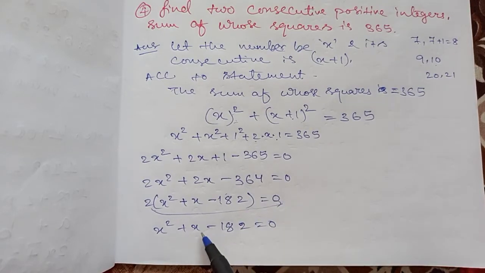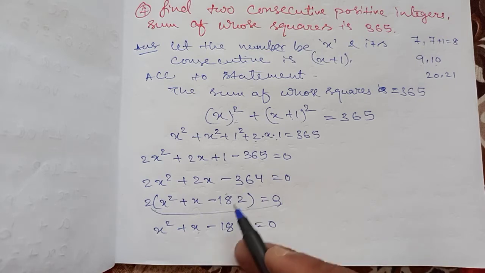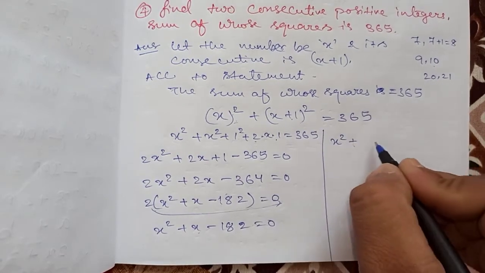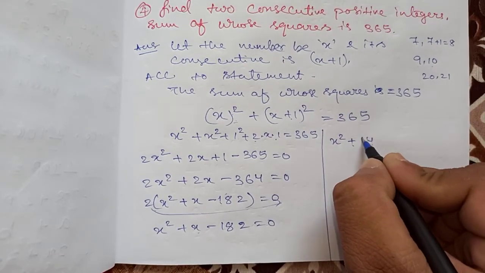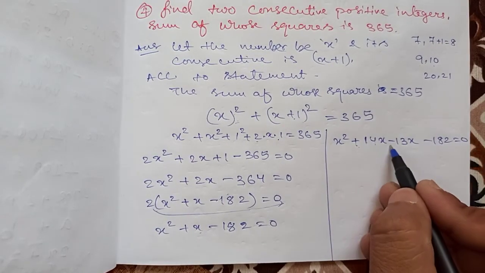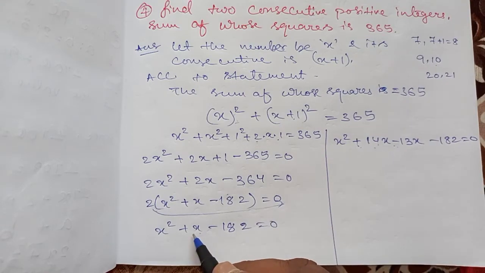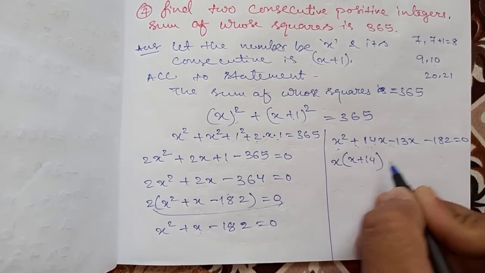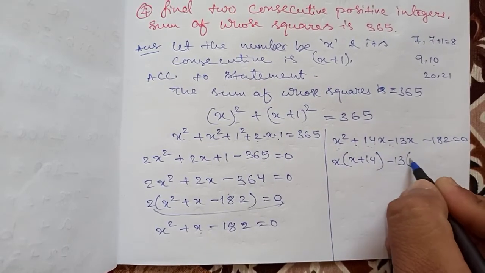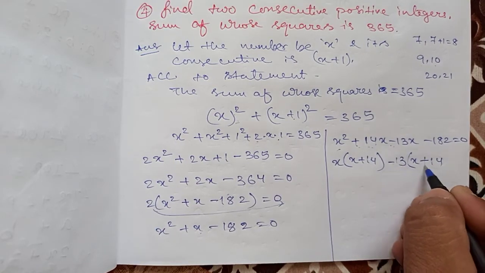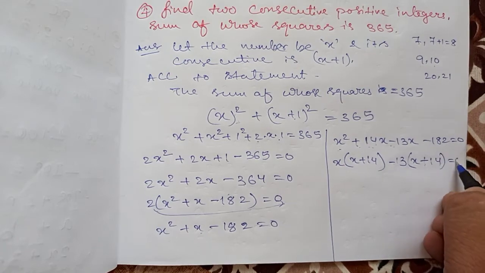Now we have to split the middle term of this. We already solved the question of 182 in the previous question, and in the same way we will do it. So our middle terms are 14 and 13. We write 14x minus 13x. Why minus 13x? Because plus times minus is minus, and 14 minus 13 again gives 1. Between these two, take out x common: x plus 14. Between these two, take out minus 13 common: x plus 14, because minus and plus give minus. Equals 0.